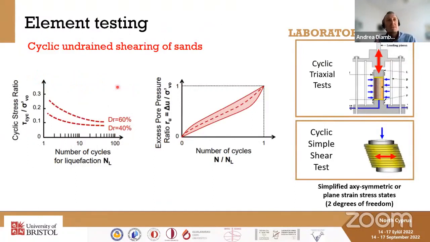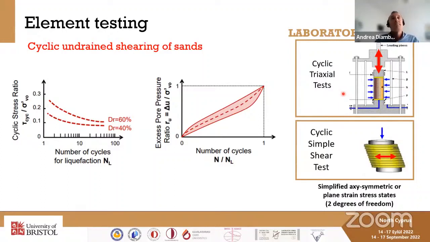As we have seen this morning, typically when we study the undrained shearing of sand, we employ two types of laboratory tests: cyclic triaxial or cyclic simple shear. But there has been a lot of discussion about the good things about these two tests, and they deserve praise, but also they don't fully simulate what's happening in the field. And that was discussed by Professor Cetin before, but also by Professor Ansal this morning